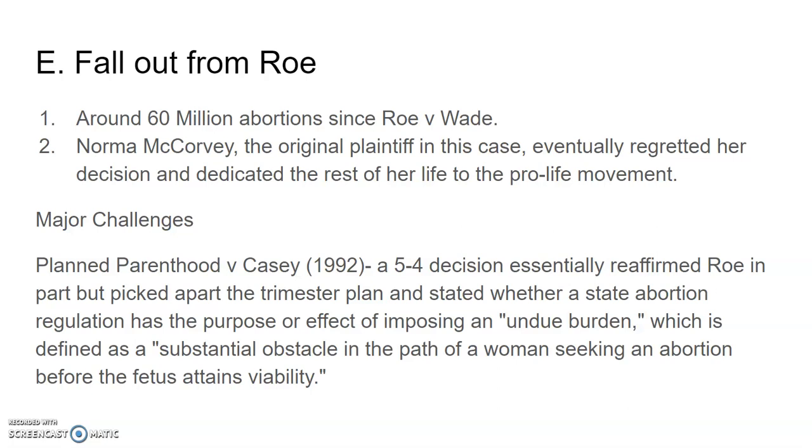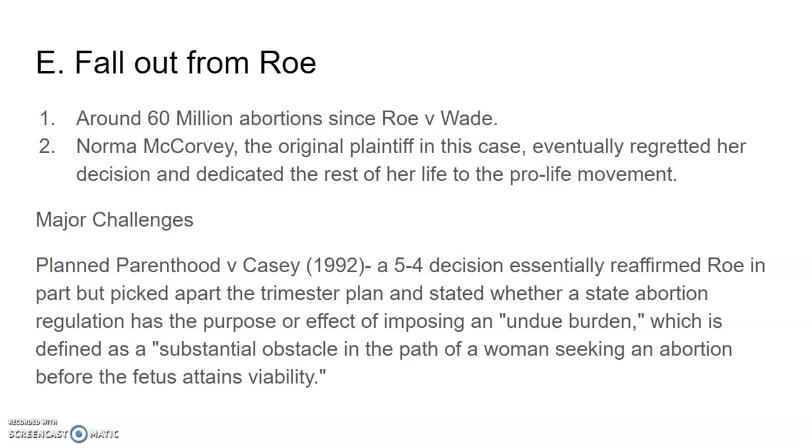There have been lots of cases that have chipped away at Roe. There are two ideas about how you would overturn Roe versus Wade. You could chip away at it piece by piece, or you could go at it and just try to overturn it in one fell swoop. And that's what this case right here in 1992, Planned Parenthood versus Casey, did. It was attempting basically to overturn Roe versus Wade. And they modified Roe versus Wade.